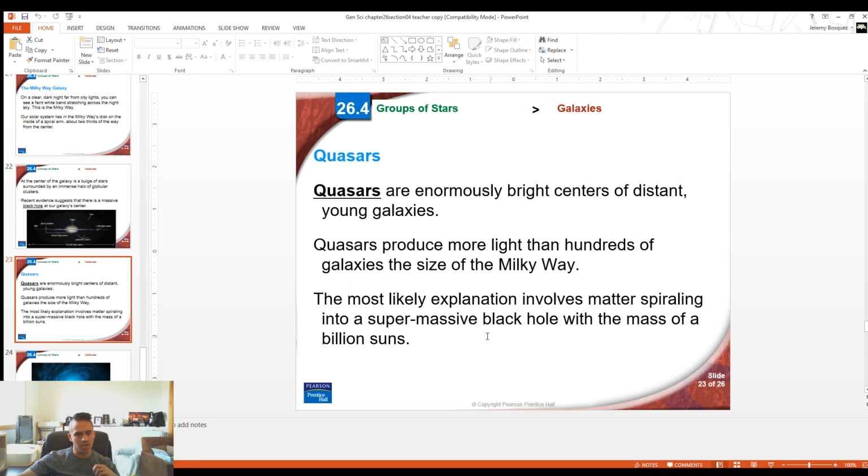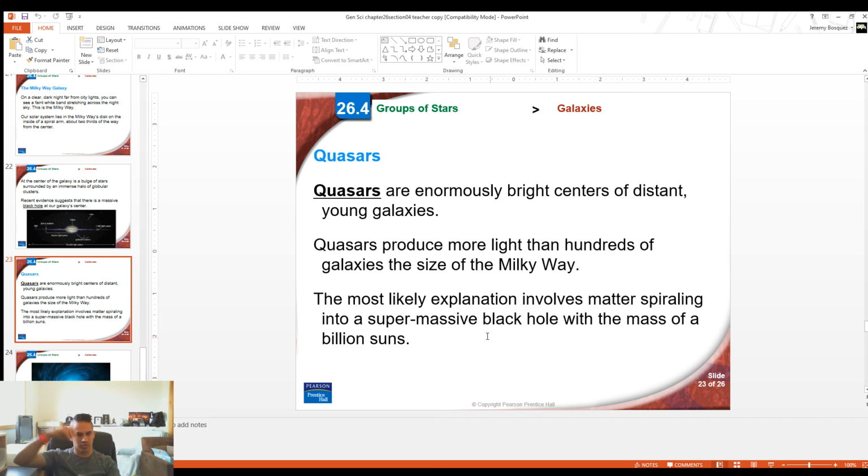So now there are some galaxies that are very, very bright. Typically, these young galaxies can have enormously bright centers, and we call them quasars. And the reason why we think that these galaxies are so bright is that we believe there is a supermassive black hole at the center of these galaxies. And so as the light from stars kind of gets pulled into that black hole, not pulled into the black hole, but kind of bent around the black hole, because light can get bent by gravity. So as the light from the stars kind of moves outwards toward that black hole, its gravity can warp the light and bend it, and then it warps it and then shoots it out in kind of two directions,